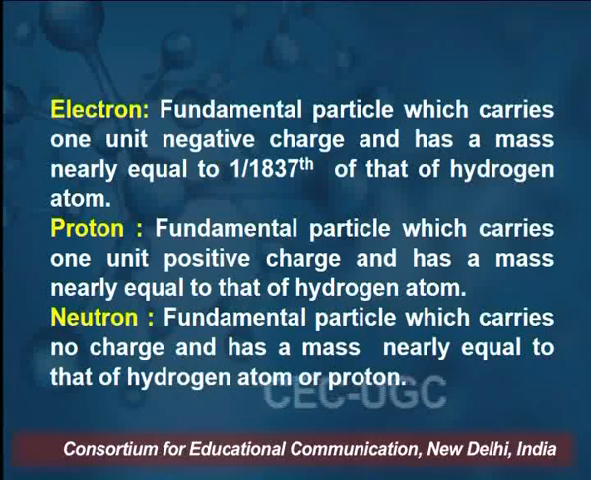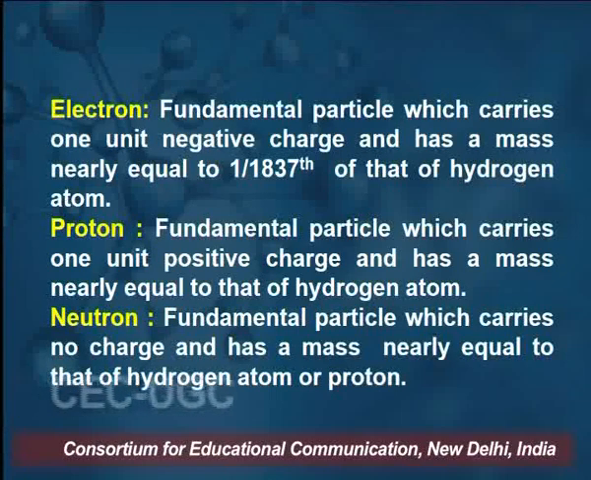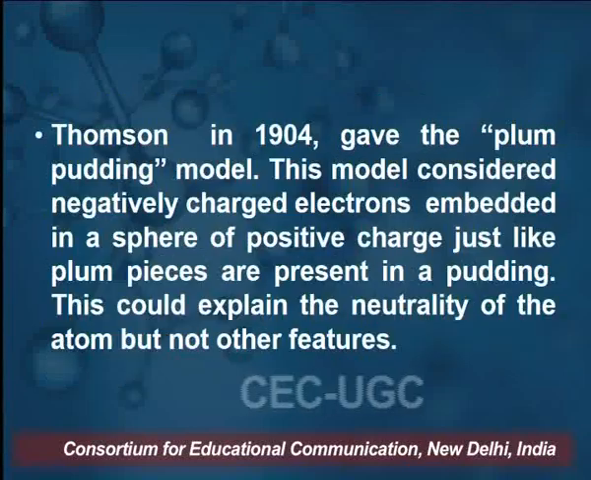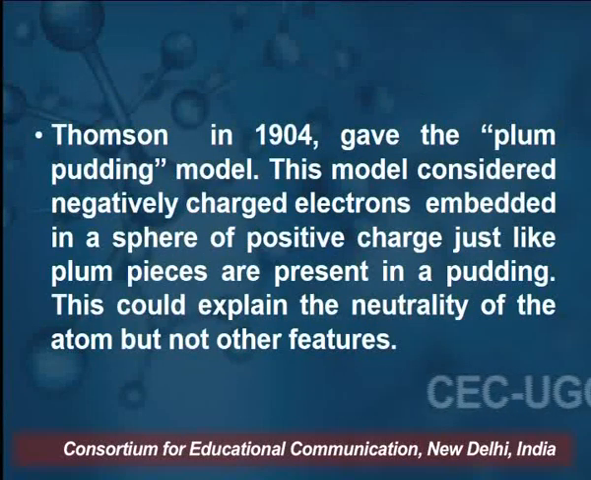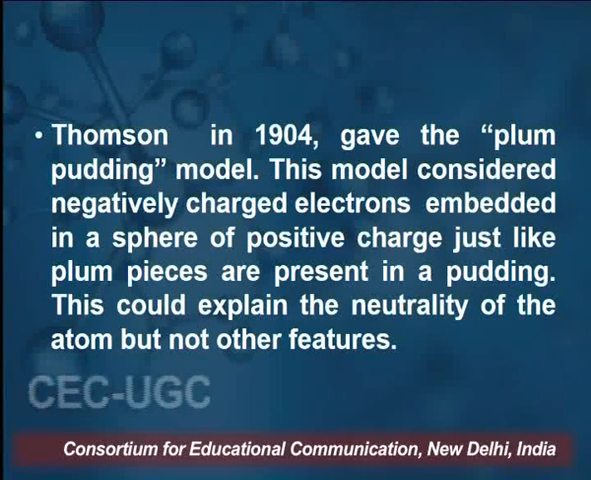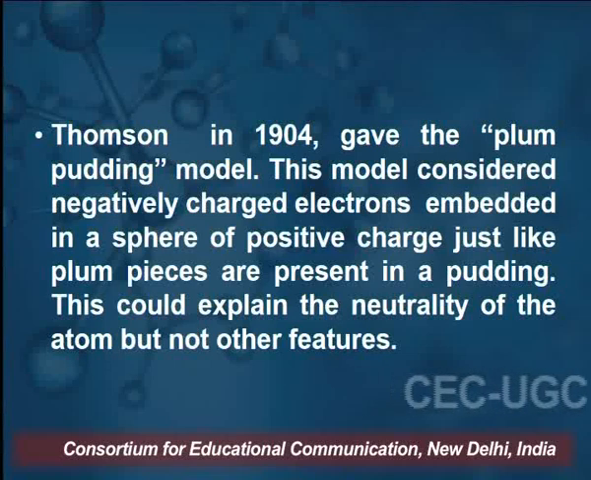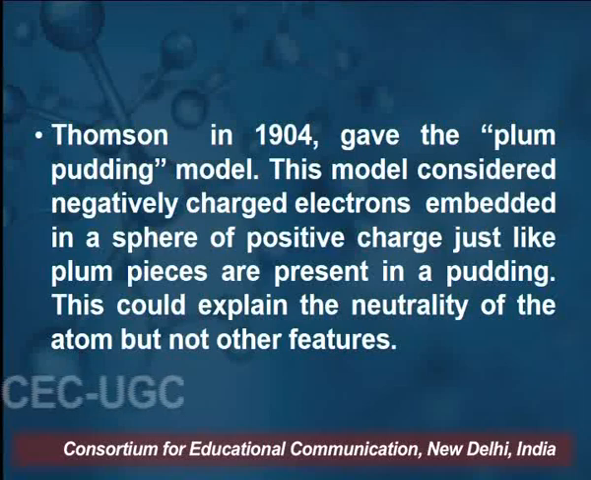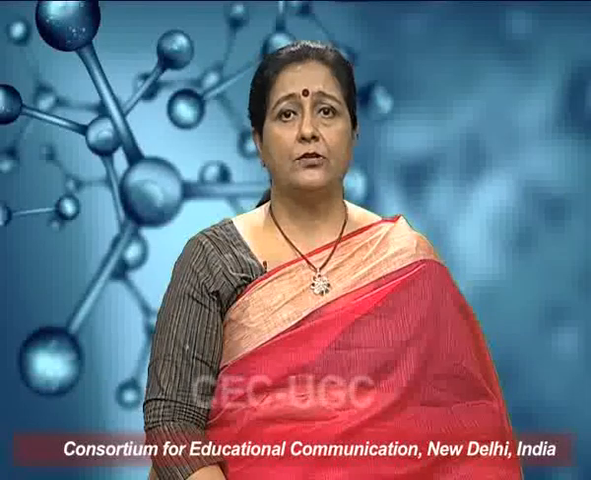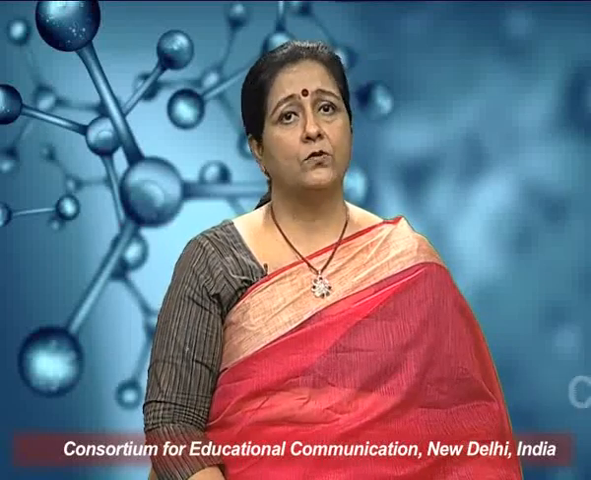Neutron is the fundamental particle which carries no charge and has a mass nearly equal to that of hydrogen atom or proton. Thomson further in 1904 gave the plum pudding model. This model considered negatively charged electrons embedded in a sphere of positive charge, just like plum pieces are present in a pudding. This could explain the neutrality of the atom, but no other feature of the atom could be explained